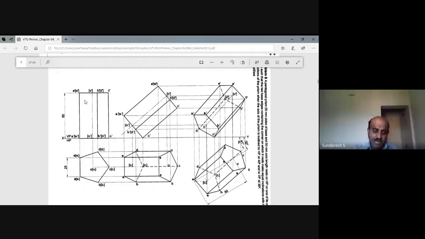Okay. So now this entire initial position front view should be transferred to the second position front view such that the axis is making 40 degree with respect to HP. So this is the second position, how we will transfer it. This front view and this front view are same. Only the change here is the axis is inclined. The solid is tilted in such a way that the axis makes an angle of 40 degree with respect to HP. This is how you can construct the outline first,